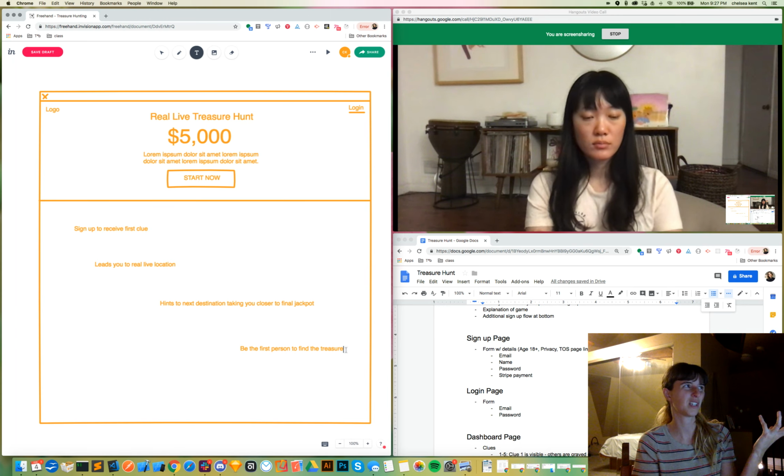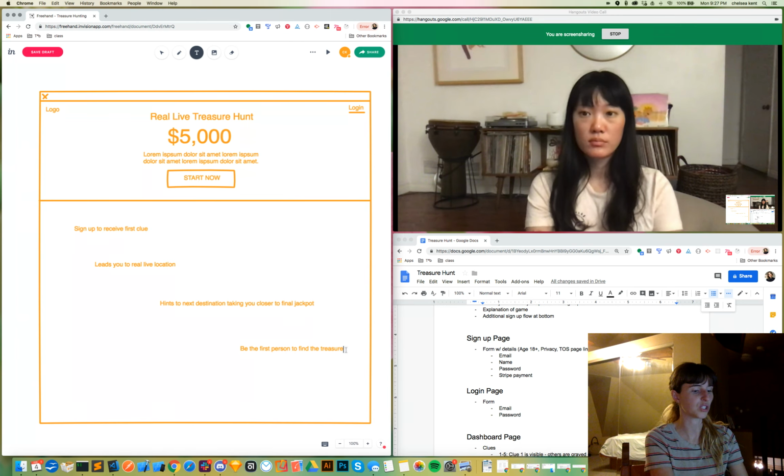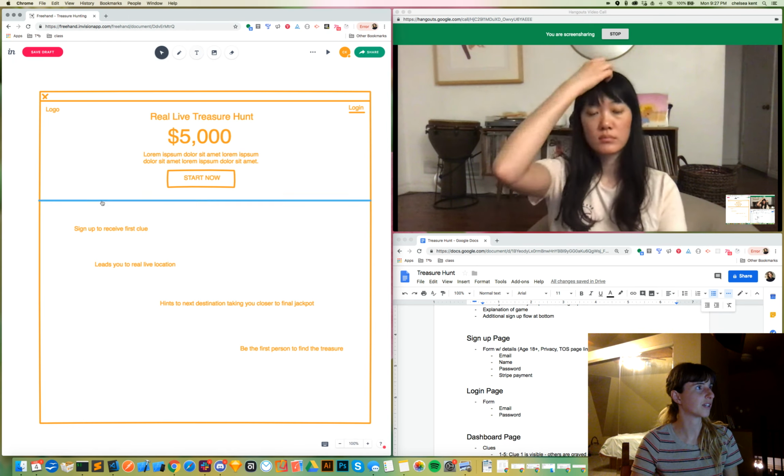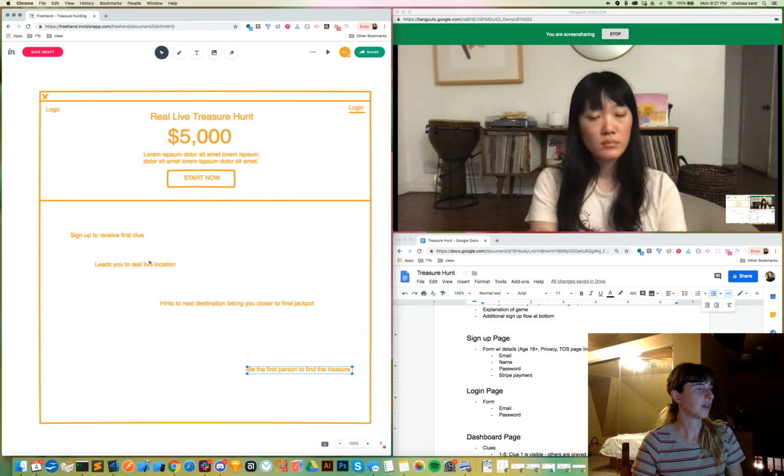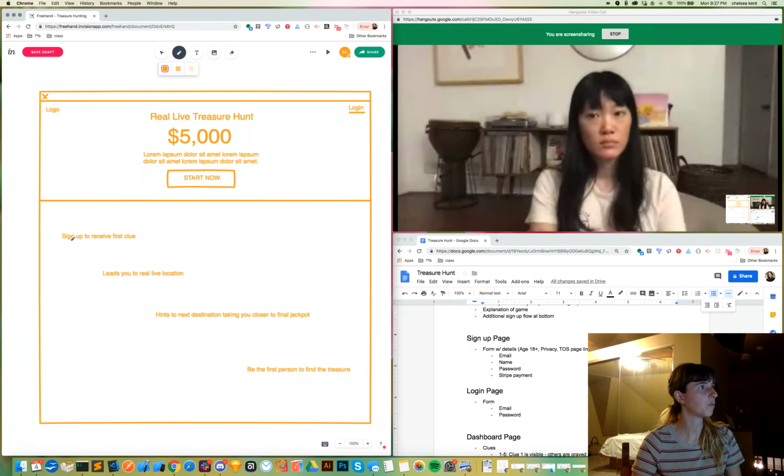When we're actually writing out all of these steps, we'll figure out what it really looks like. But for the sake of wireframing right now, we'll just say be the first person to find the treasure, the physical treasure. Or, I won't say physical treasure. I'll just say find the treasure. You can make that clear when you're designing and building it. I'm just going to lay it out like this for now. We can make it more interesting, but